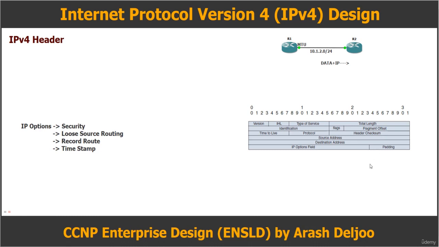Header checksum is for detecting whether the packet is noise free, or you can calculate the header checksum for understanding that this packet is noise free. Source IP and destination IP mean source address and destination address, and in some cases IP option field and padding. This is the first topic